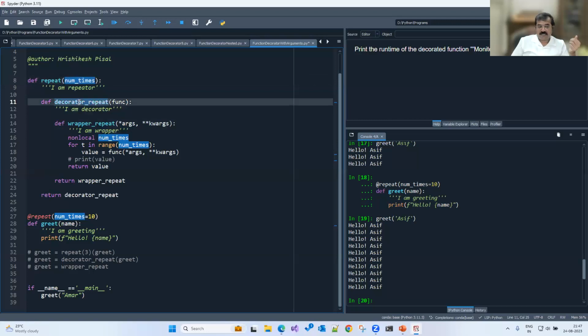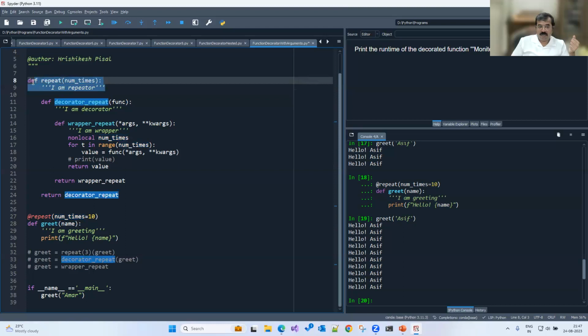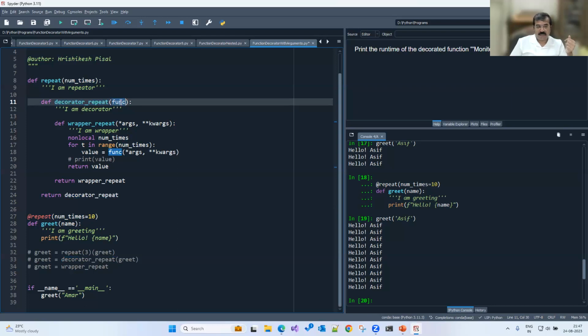तो दिस इज द एक्चुअल डेकोरेटर. तो डेकोरेटर के बाहर और एक फंक्शन डालेंगे हम लोग. तो आई हैव दिस डेकोरेटर व्हिच इज द फंक्शन दैट यू लाइक टू डेकोरेट. आई एम सेइंग इट सेज आई एम द डेकोरेटर. आई हैव अ रैपर and that can wrap the properties of this function. So I could just say